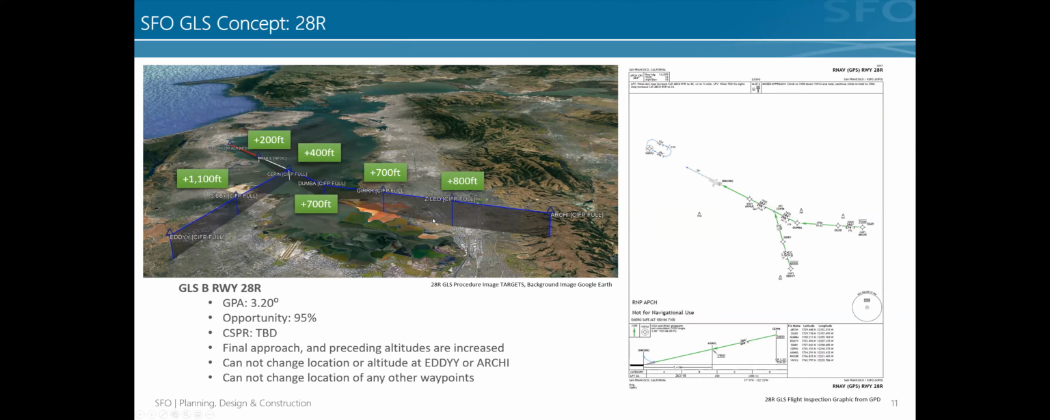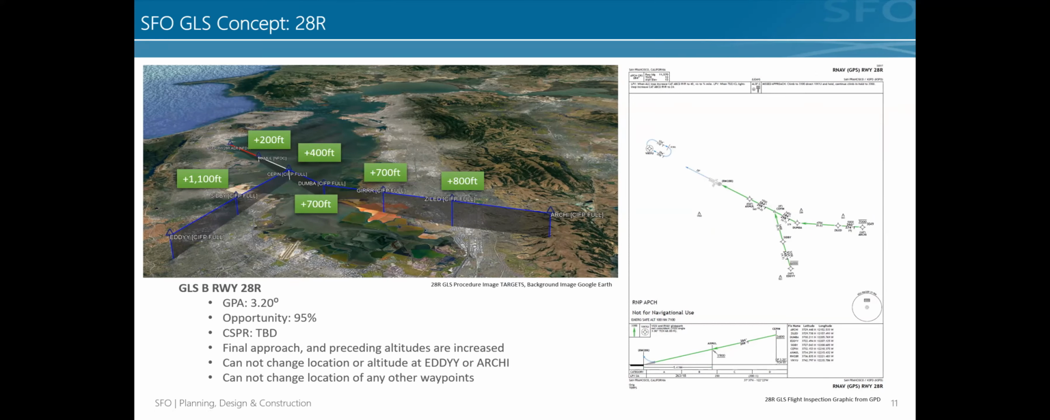And this is again on page 11. So same information now. 28 right had more opportunities to increase the altitudes that kind of work backwards up the approach to the points that we aren't allowed to change. Again, we can't change EDDYY. We can't change ARCHI. But the way that the current procedures are constructed to 28 right, we have more opportunities